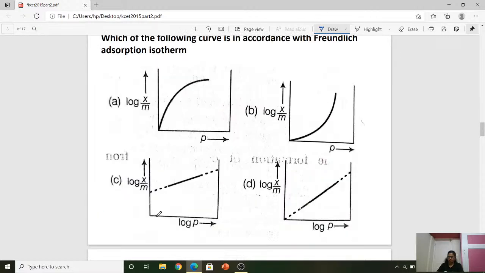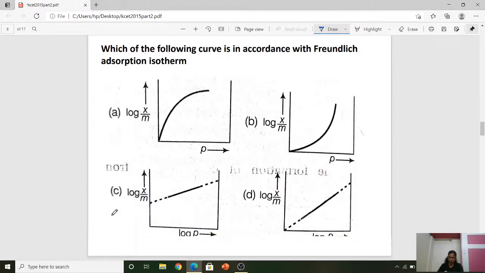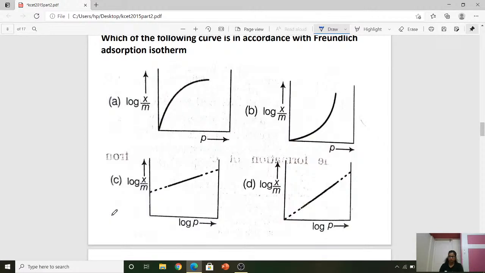Which of the following curves is in accordance with the Freundlich adsorption isotherm? Now you can see there are 4 graphs. Let us try to understand what is the Freundlich adsorption isotherm. According to this,